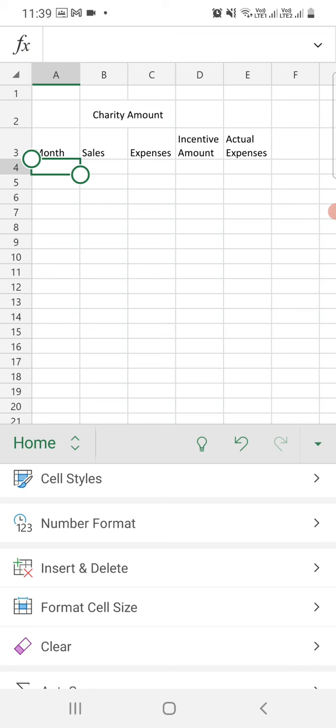That means when you copy the formula from A3 to B3, the cell references also change. A1 plus A2 will be changed into B1 plus B2.